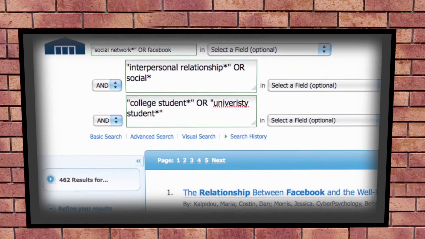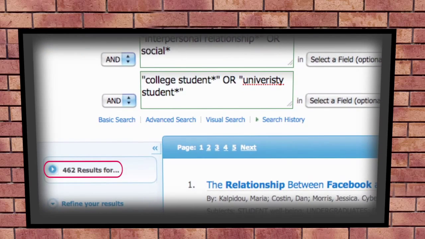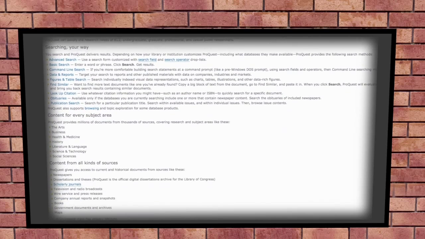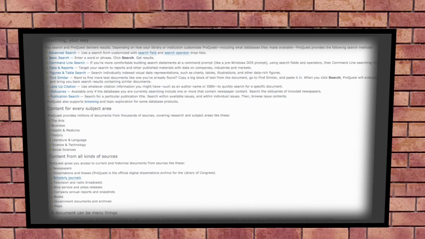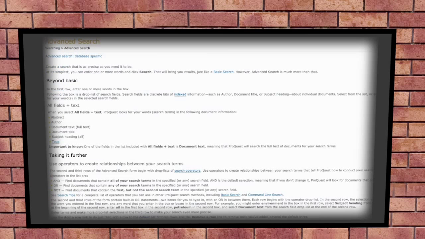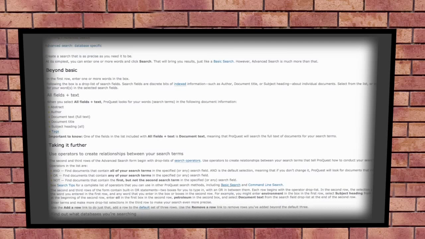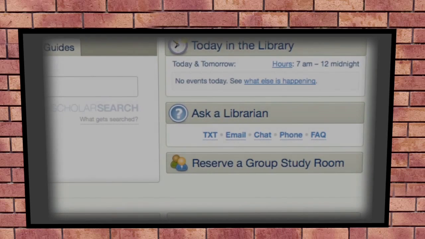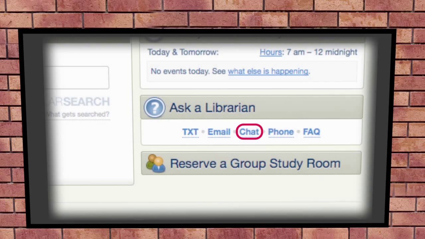As you can see, entering search statements correctly can greatly impact your search results. Although the punctuation for truncation and phrase searching may change from database to database, and, or, and nesting are used in all databases. Use database help screens before using a new database. As always, don't hesitate to contact a librarian through text, IM, email, phone, or in person if you are having difficulty formatting your search statement.